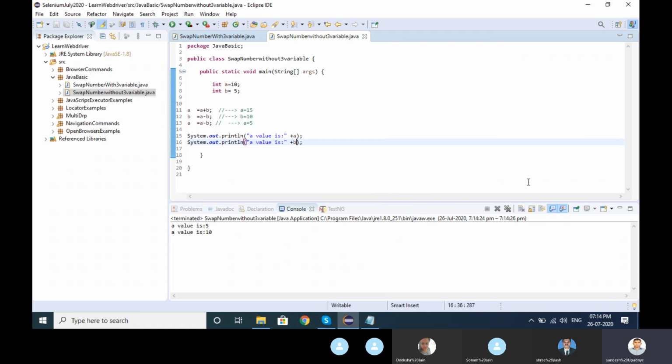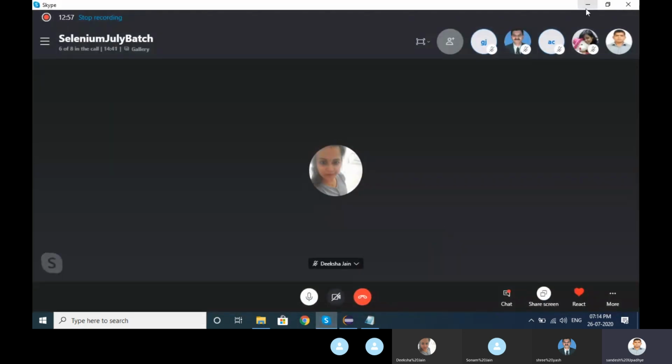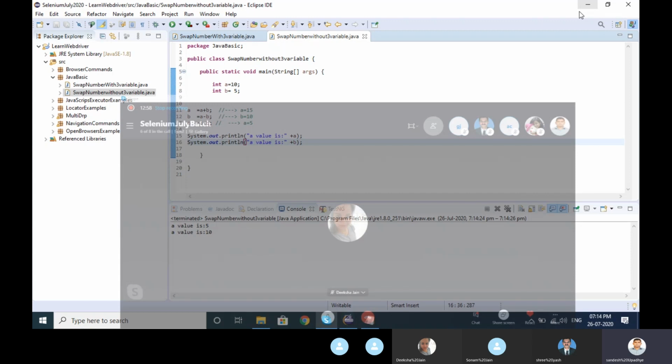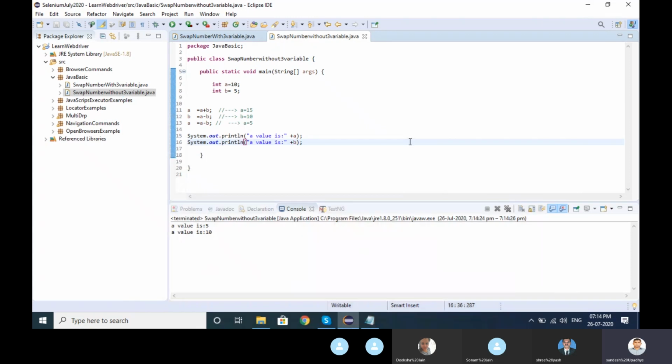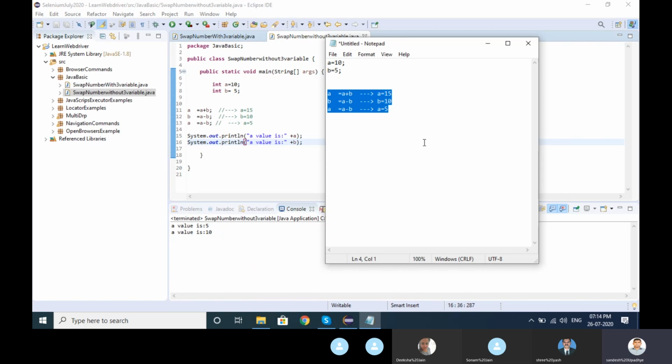It's very simple. Okay, let me introduce two more classes in Java. Does anybody have any doubt? I think no doubt, it's a very simple program, right? Let me introduce two more things in front of you. In Java, there are two classes: string buffer and string builder.